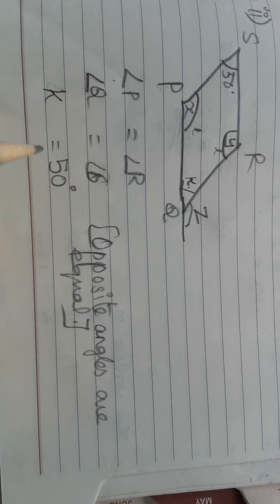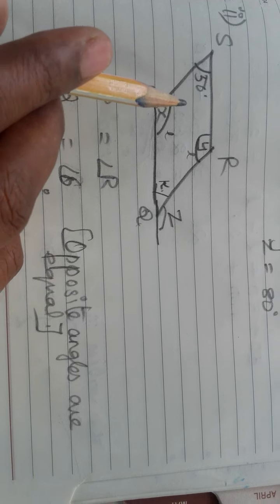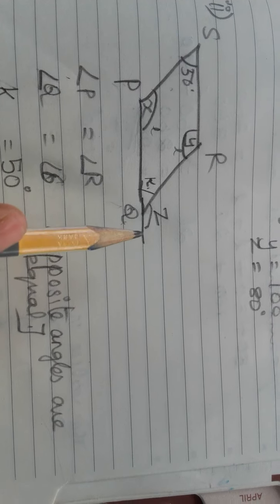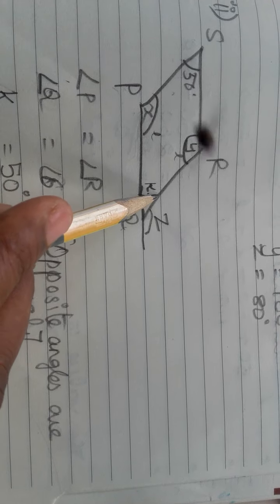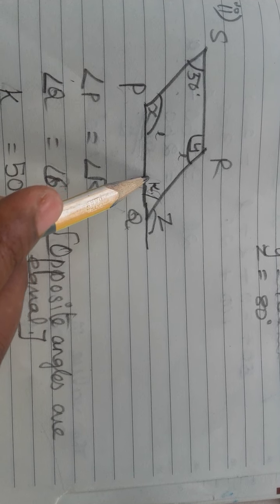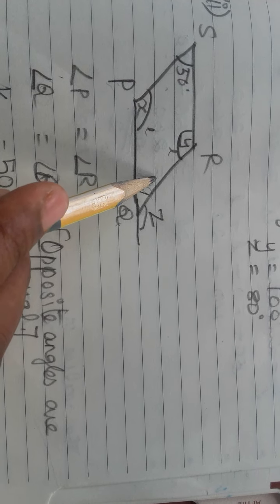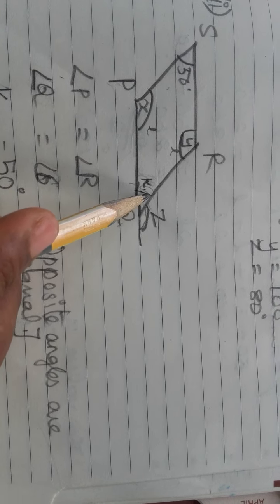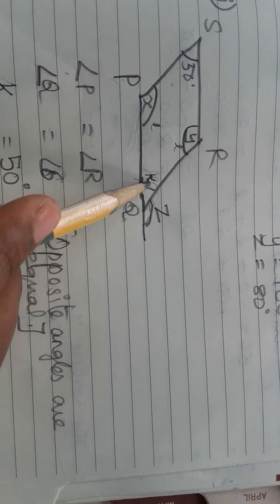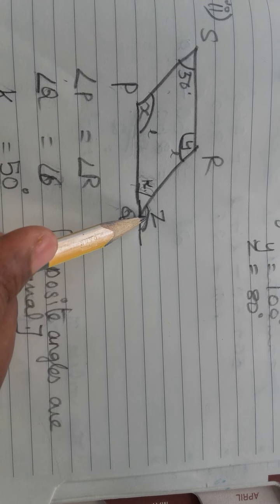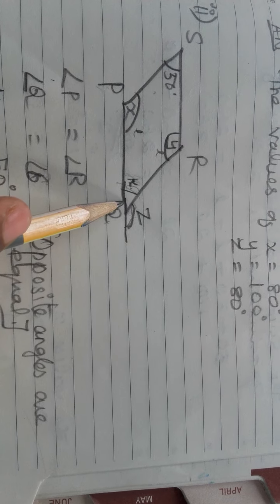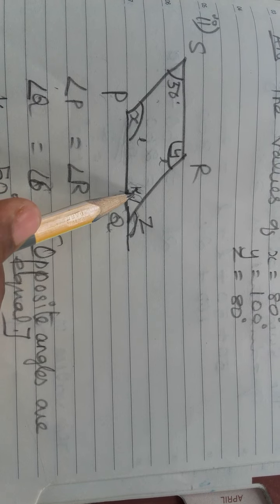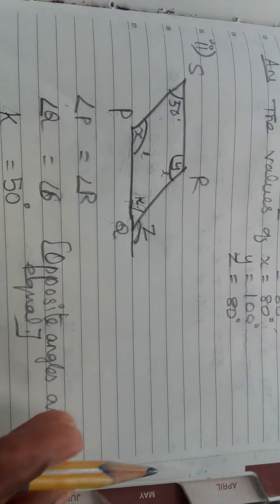So look here. If angle S is 50 degree, then as usual angle Q is also 50 degree. Here they didn't give any name, so I have given myself K. Any variables you can assign, because here they asked for the x value and z value. For that we should know the interior angle, then only we can find out the value of x. So opposite angles are equal. So angle S is equal to angle Q. So the value of K is 50 degree.